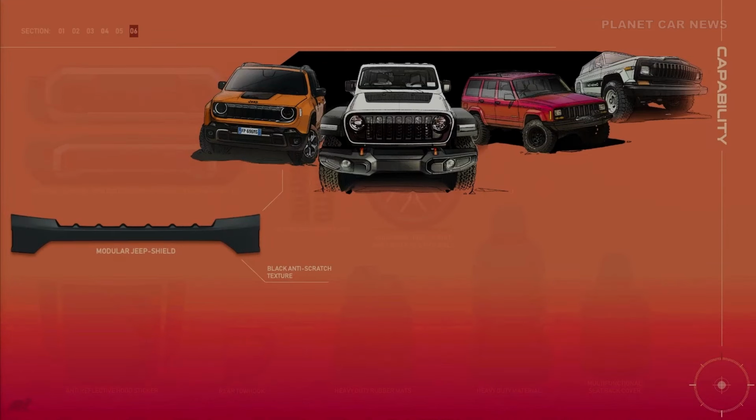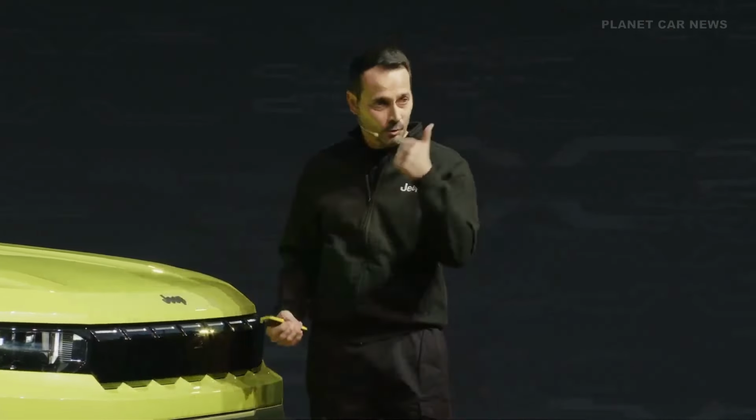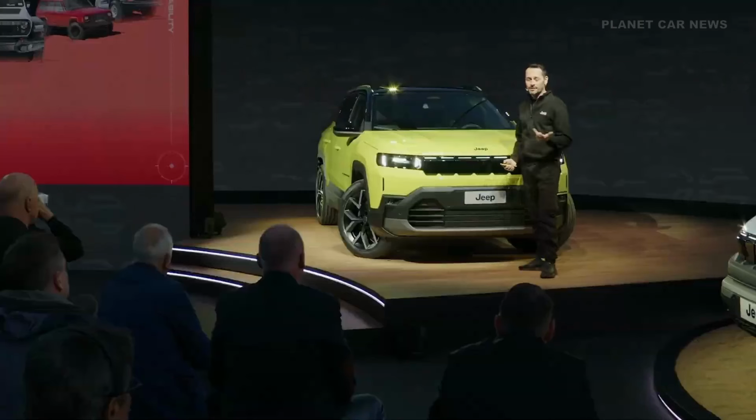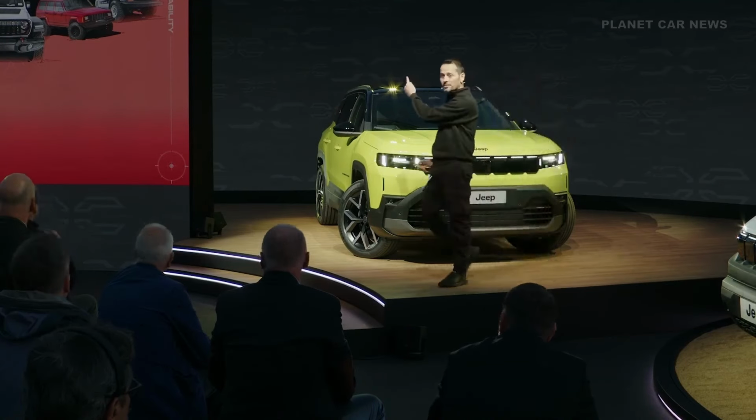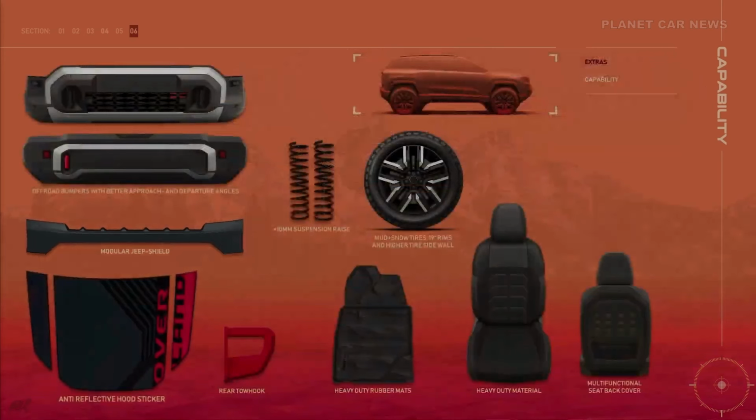I give you my private example. I have a Wrangler and a Cherokee XJ. The front end of my vehicles is molding color on one, and anti-scratch painted on the second one. So basically, this is what the Jeepers do to their vehicles, and we took this experience to put on this model. We will have the usual anti-reflective hood sticker to avoid any sun glare in front of the eyes of the driver,